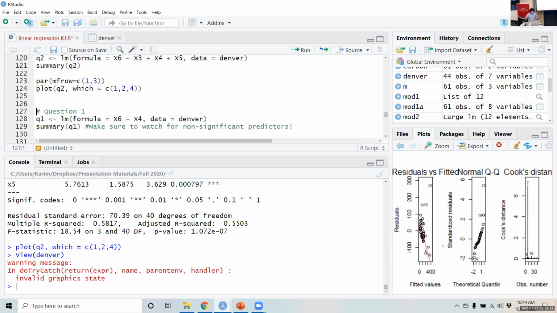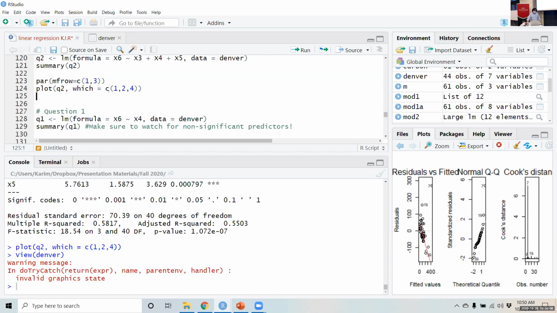But the thing to note is that we want to make sure that there is a theoretically justifiable reason for getting rid of an outlier. If that outlier is theoretically meaningful, if that is actually a hotbed of crime in that neighborhood, for whatever reason, specific to Denver, then that outlier is theoretically meaningful, and you can't really just get rid of it without some explanation, without some theoretically justifiable reason to do it. So those are our first 3